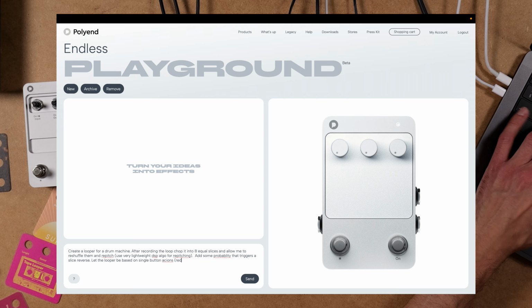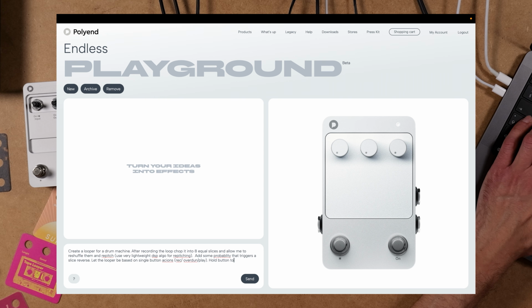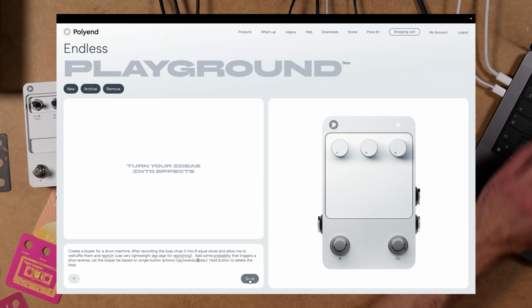So record, overdub, play, and hold the button to reset or delete the loop. I probably could get away without it, it will understand, but just in case. It knows roughly what loopers do and how they work. Let's go, let's see how it goes.